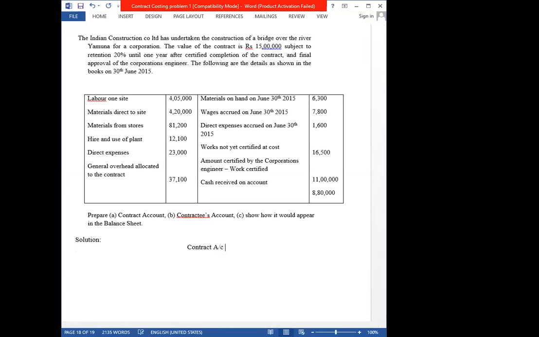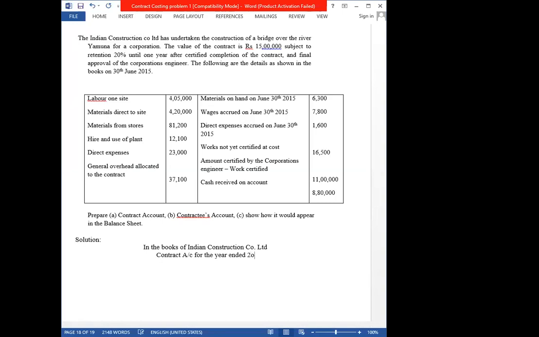Contract account. Before that, I wanted to add one more item, that is in the books of contractor. Okay. So contract account. So in the books of contractor, so here the contractor name is given, that is Indian Construction Company Limited. So I'm not going to use the word contractor as there is a name of the construction given. So Indian Construction Company Limited contract account for the year ended